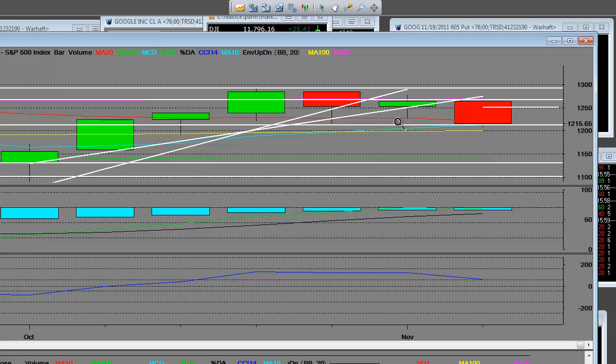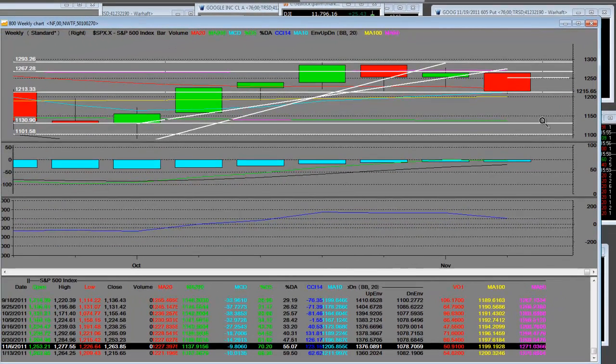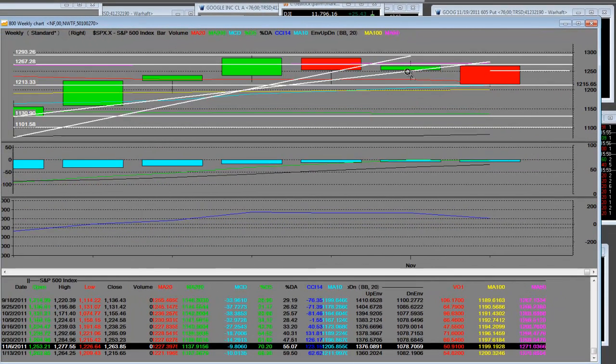The bear case is the 20-week moving average is declining, and the closing weekly bar on the left shoulder is below that 20-week. Okay, that's the bear case. The other part of the bear case, I'm showing you what the bear case is, is that you've had that